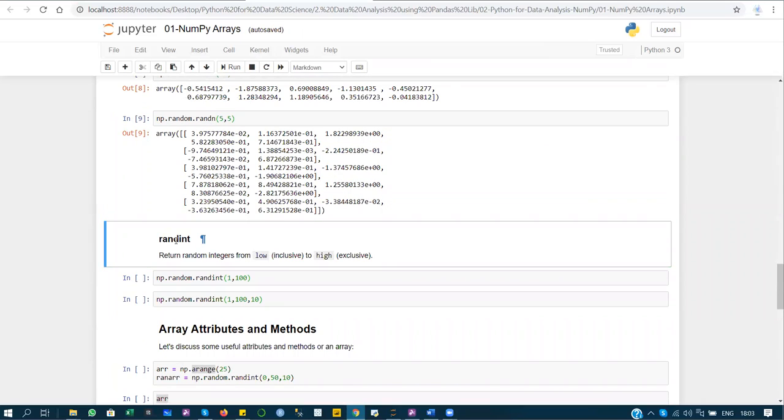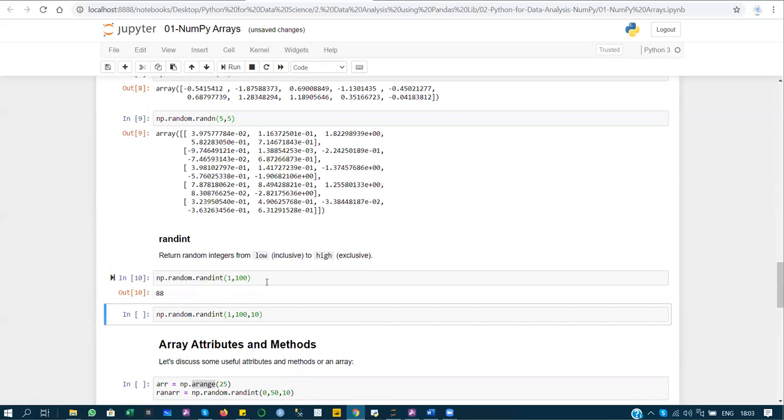Now I'm going to introduce the randint function. So the randint function returns a random integer from the lowest to the highest range. Here I'm using the randint function from the NumPy library, and here I'm passing only the lowest and highest range of the number. So it returns a random integer number. So it returns 88. It always generates a random number between 1 to 100 in the given range. So here you can see that it always changes.